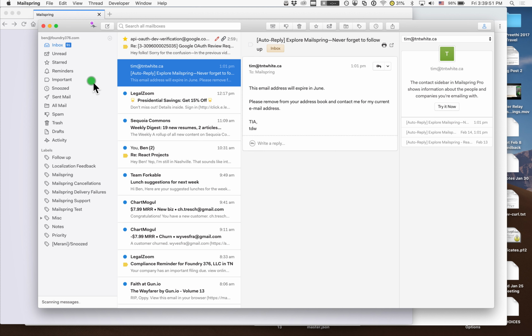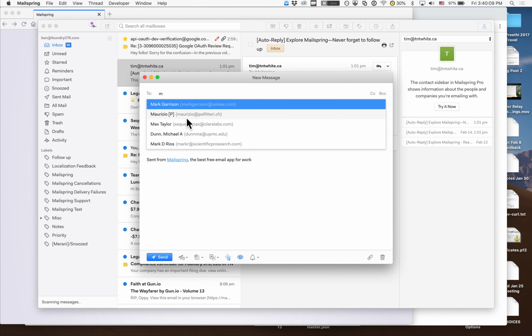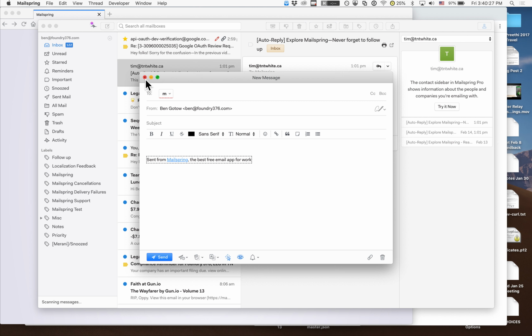The other two restricted scopes that Mailspring uses, in addition to the Gmail scope, are contacts and calendar. Mailspring uses the contacts scope to enable auto-completion in the composer. So you can see I get results right here. These are based on my Google contacts, in addition to people that I've emailed in the past. That's currently the extent of our Google Contacts integration, though we're hoping to build a full desktop address book feature